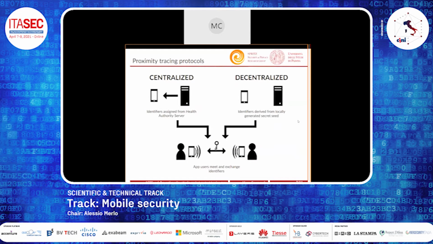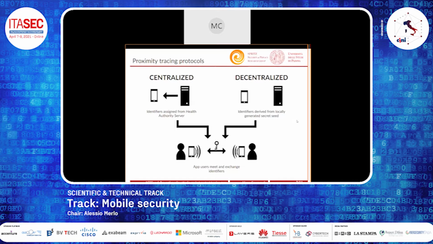How do contact tracing apps work? They utilize a proximity tracing protocol, which is the inner logic of those apps. There are two main approaches for proximity tracing, the centralized approach and the decentralized approach, even though both utilize a central server, so the name is kind of misleading. We will be focusing on the decentralized approach because Immuni and other GAEN-based apps, so Google and Apple Exposure Notification System, which is a framework supported by Immuni, use a decentralized approach. So that's why we are talking only about decentralized in this talk.